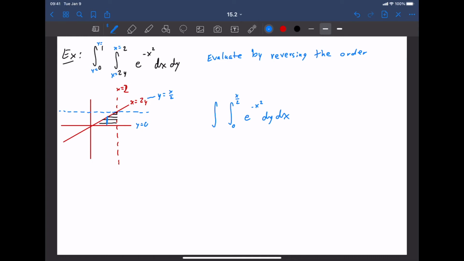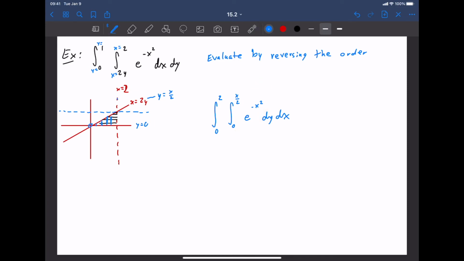Well, my x bounds are going to go from 0 to 2. I want to add up these lines starting from 0, 0 and stopping at x equals 2. And you might say to yourself, why is that any better at all? I don't get it. Why would we want to do that? Why is that good? Well, it's good because by having us do y first, I can treat this whole thing